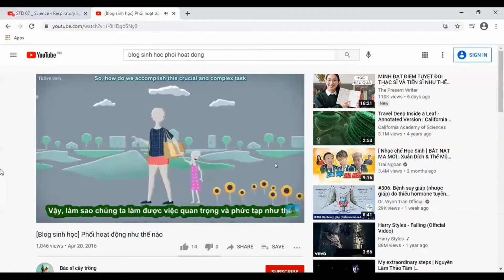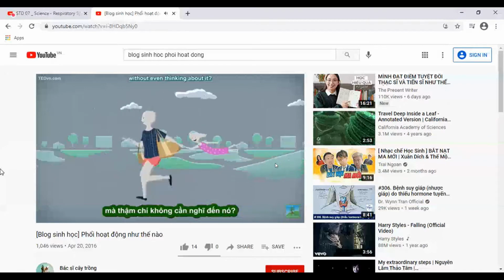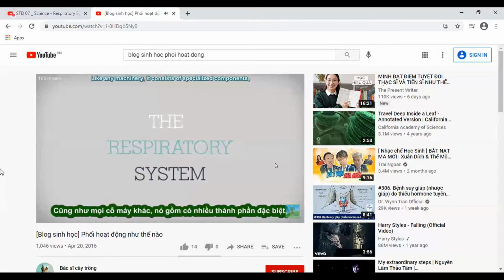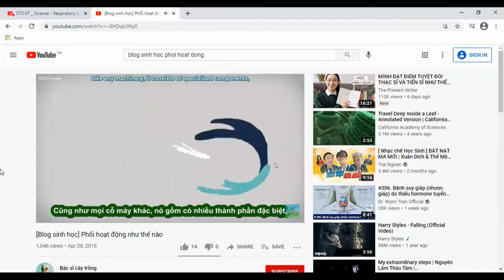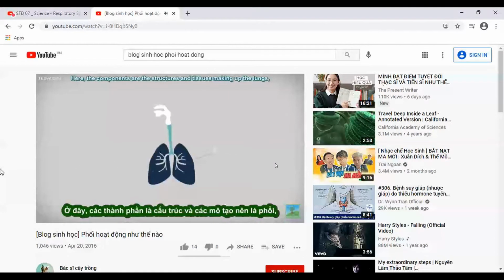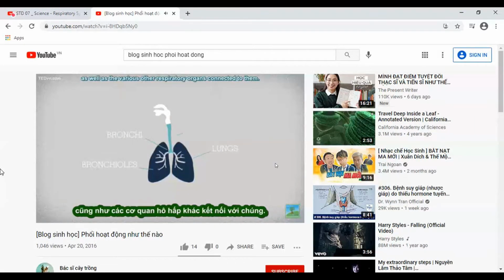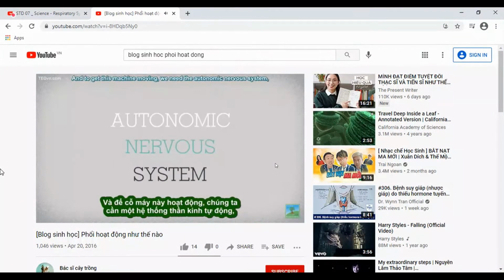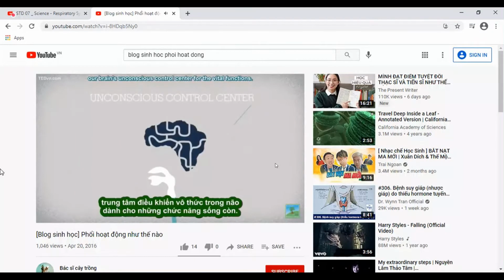So how do we accomplish this crucial and complex task without even thinking about it? The answer lies in our body's respiratory system. Like any machinery, it consists of specialized components and requires a trigger to start functioning. Here, the components are the structures and tissues making up the lungs, as well as the various other respiratory organs connected to them. And to get this machine moving, we need the autonomic nervous system, our brain's unconscious control center